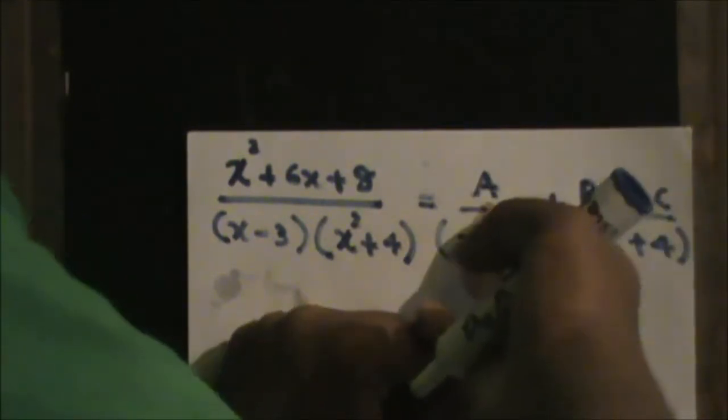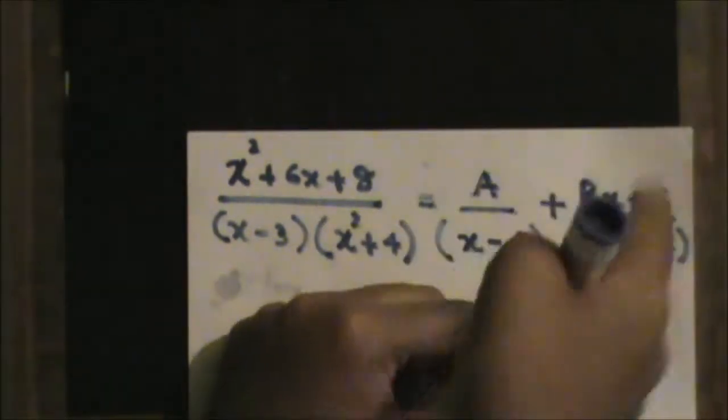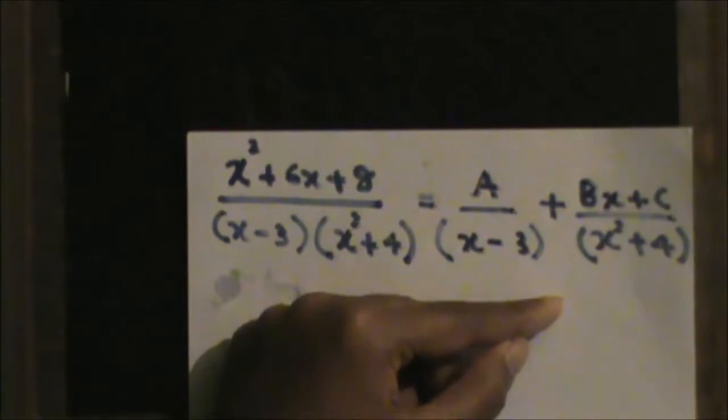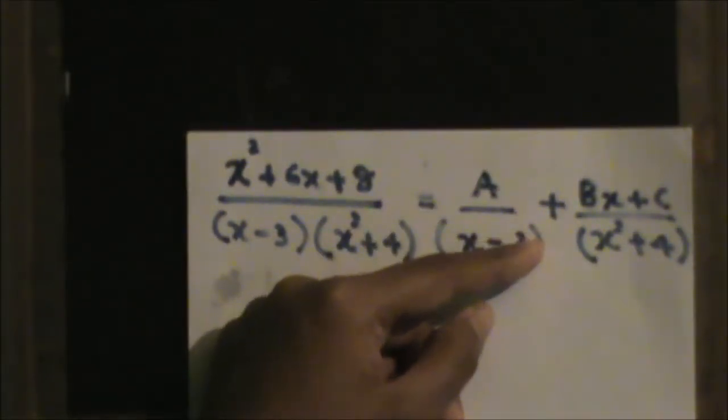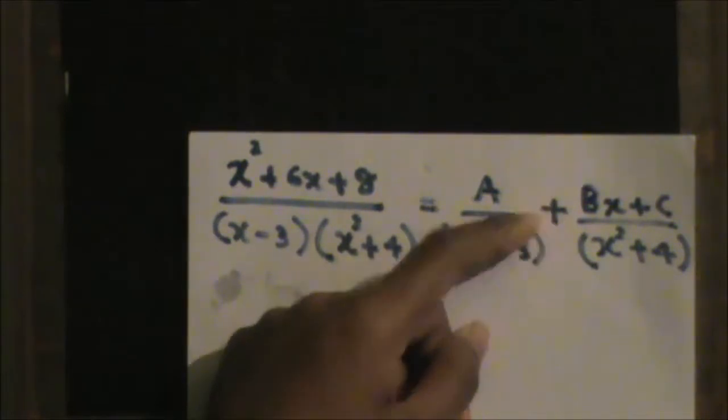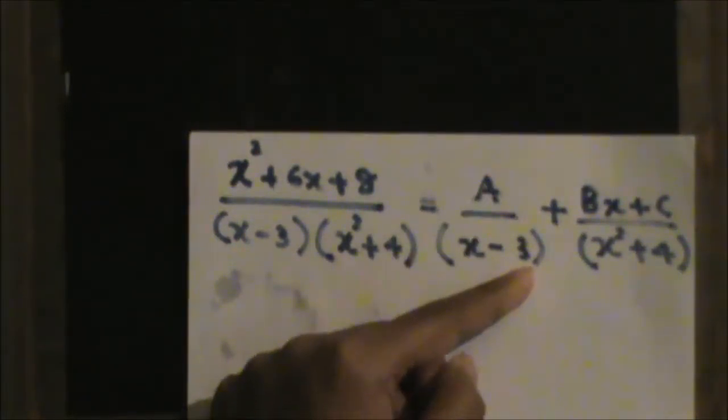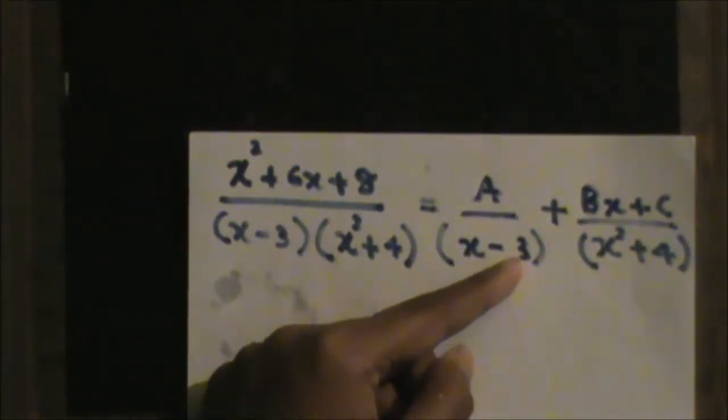So these constants could be a, b and c. You can take p, q, r, or any letters here, right? You can take it to your wish, but you need to understand the rules of dividing these into partial